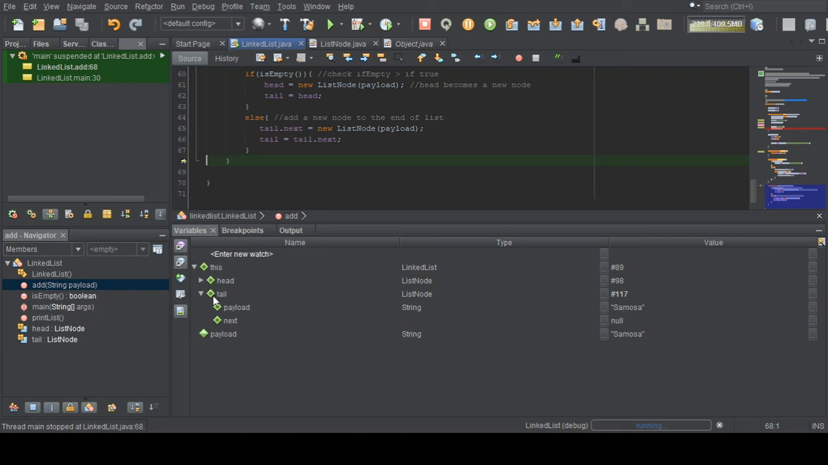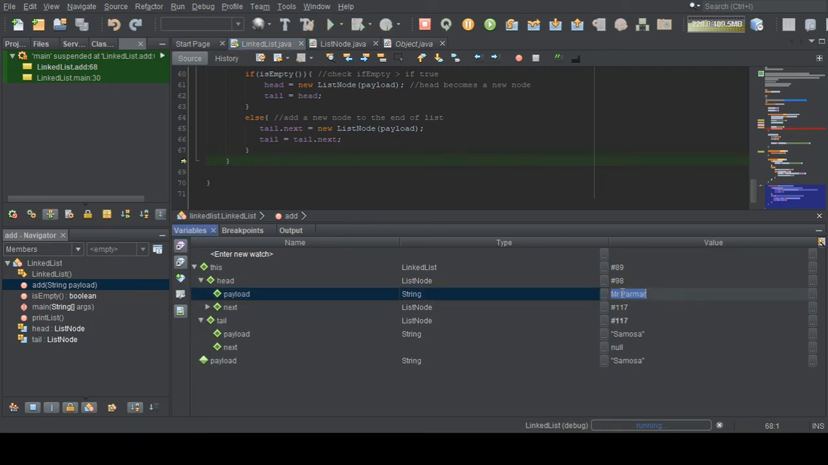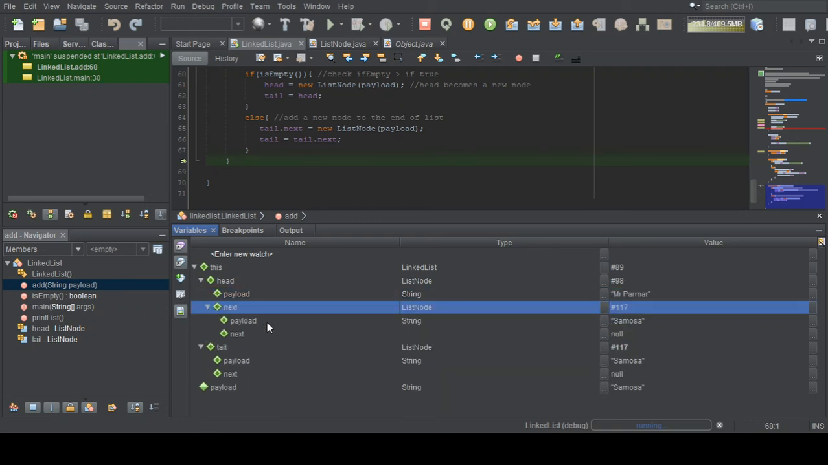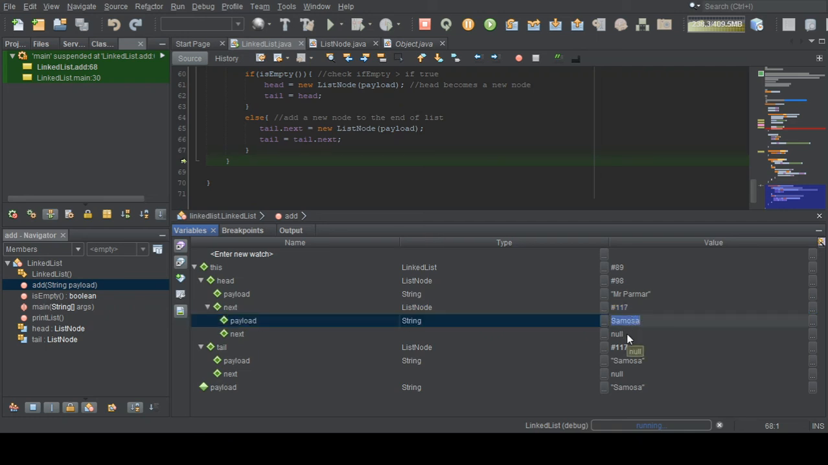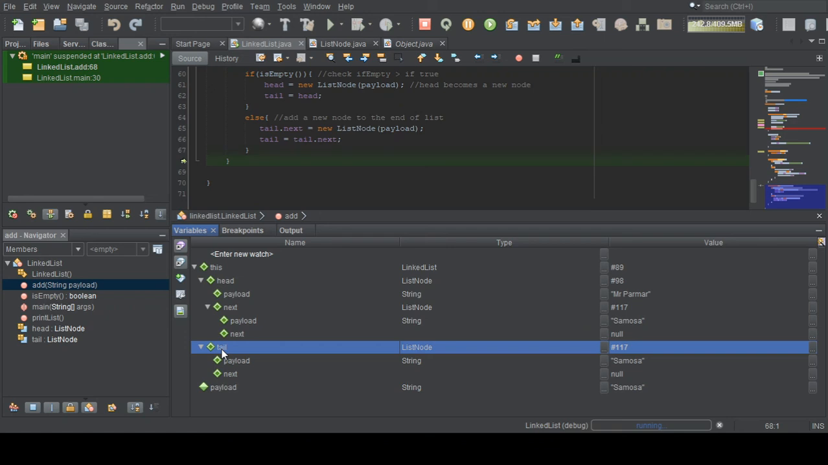So now the tail actually now points at samosa, okay? And if we expand the list, you can see the head points to the original head node, Mr. Palmer. It has a pointer next. Next points to the next node along, which was number 117, which is samosa, okay? And you can see that the tail is also now pointing at that same new node because we got the next pointer of the original tail and then stored that node as the new tail. Okay,